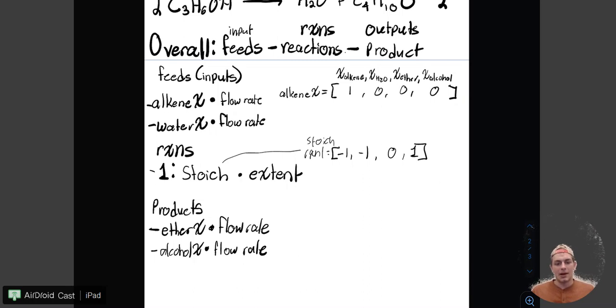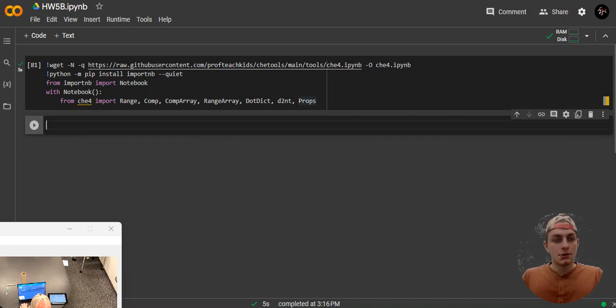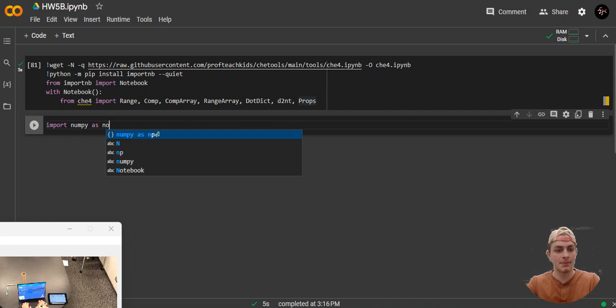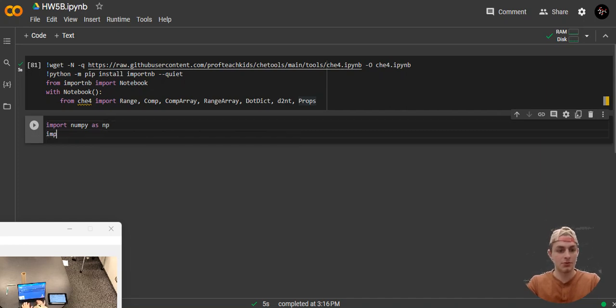Okay, now, at this point, I believe we can actually transfer over to Colaboratory and actually start coding this out. So here we are in Colab, and you're going to see I've already imported a bunch of stuff up top, and I'll explain the imports as I go through them. I'm also going to go ahead and import NumPy, as well as import our root solver function,